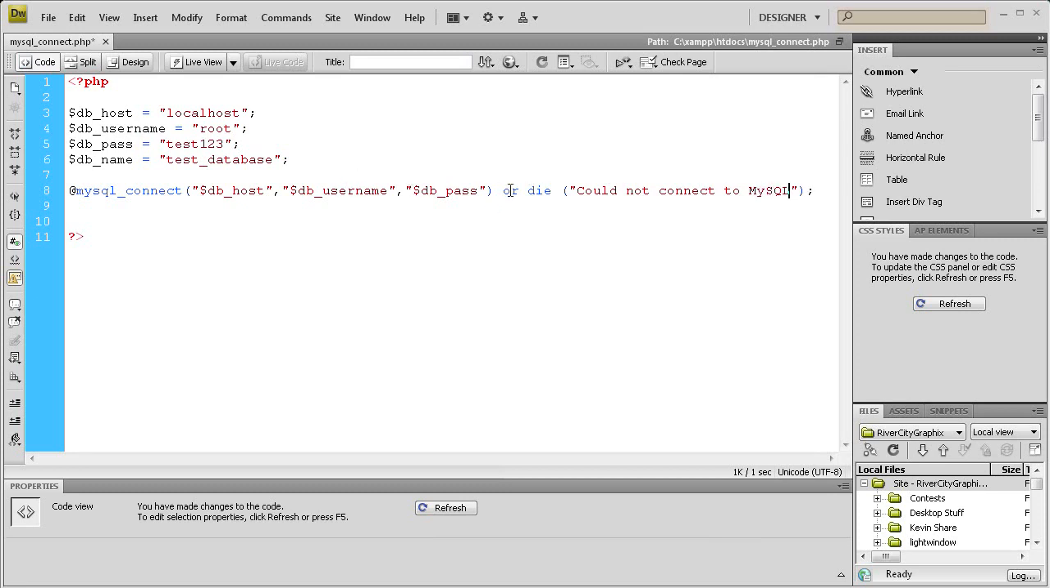So that'll run if it can't connect. Now we may want to make it more specific, so we can actually hit enter right after this, and then we can have another one. We're going to say @mysql_select_db("") or die("");